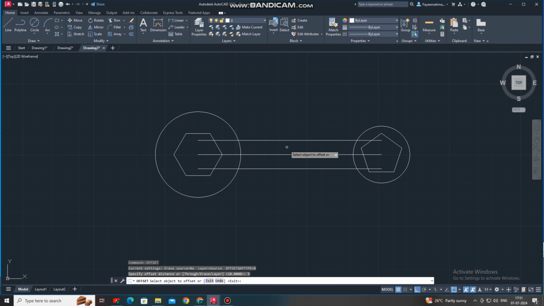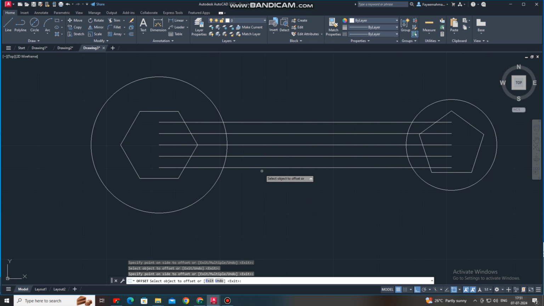So we will create this offset of 10 mm from the center point. So click upside, now select the center line and click below side. So here we will create offsets of 10 mm and 20 mm.